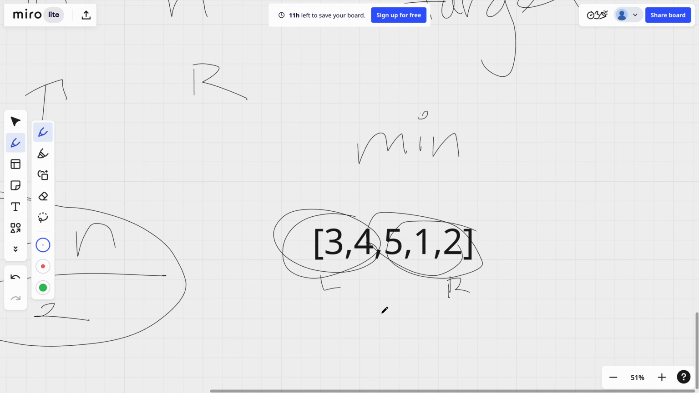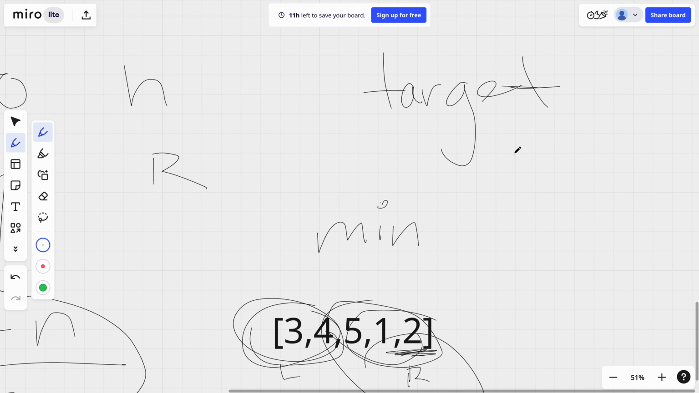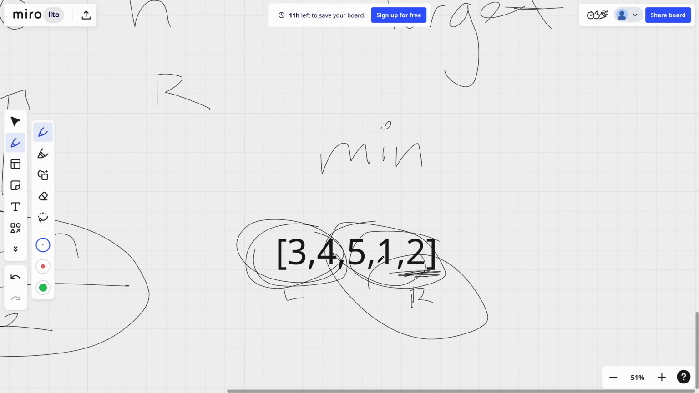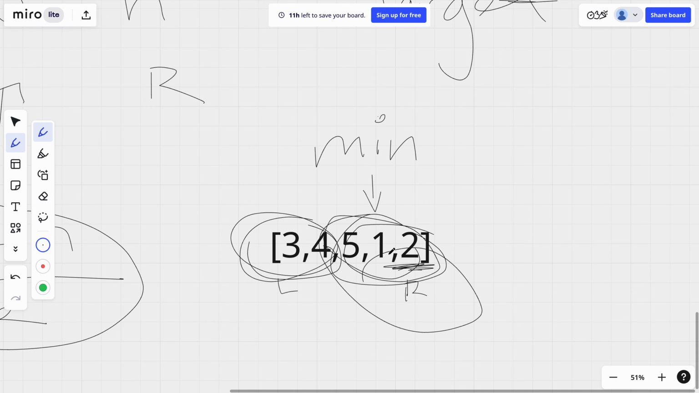Kind of actually, because if we know this is larger, we're looking for the minimum. Staying in the right side should be helpful, right? We can keep track of the minimum, like a target min, and if we come into here, go into the middle, and